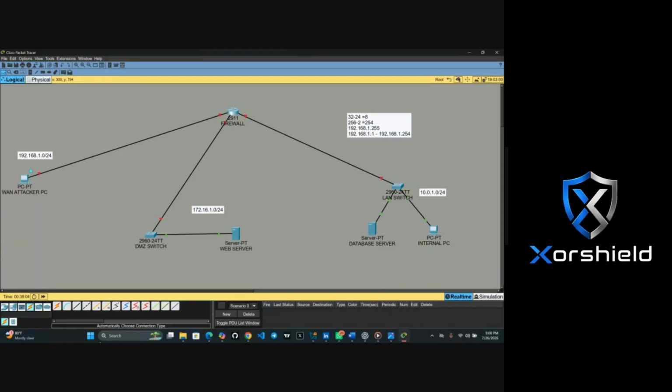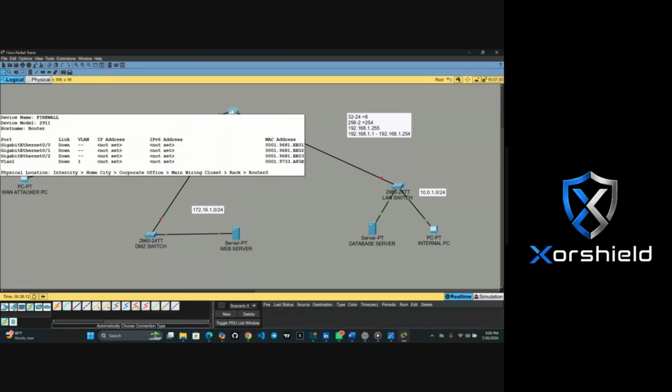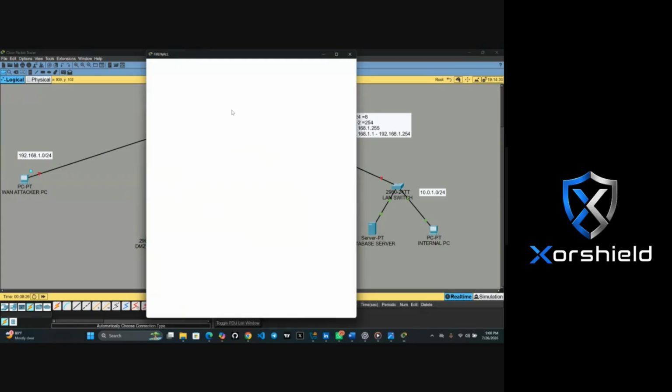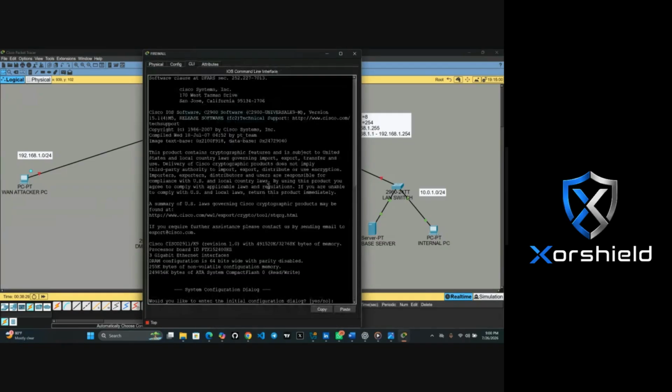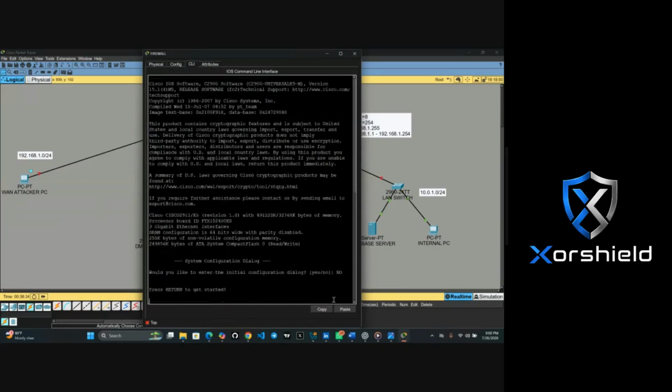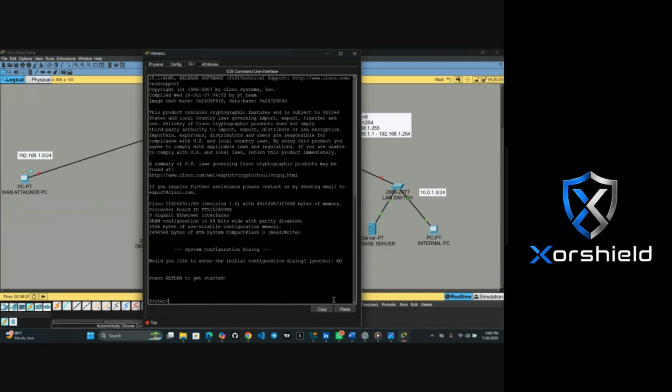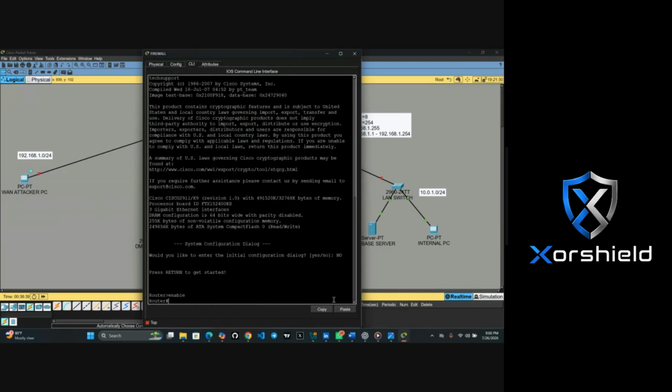So that's it. Now, the next thing is we are going to this firewall. Look at it, you see that it's showing gigabit Ethernet 0/0, all of them are down. Before this thing can give us green light, it has to be up. So now, let's go inside. Click on your firewall, then go to your CLI. You type no, then enter. Then we change it to enable, then config mode, which is config T.